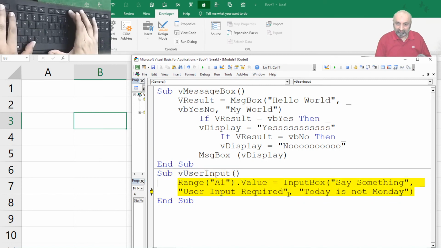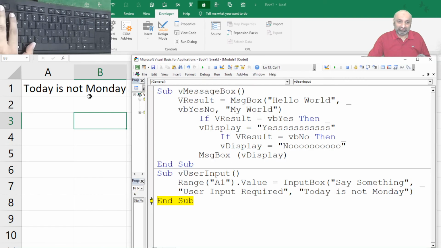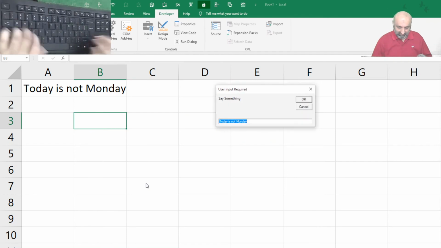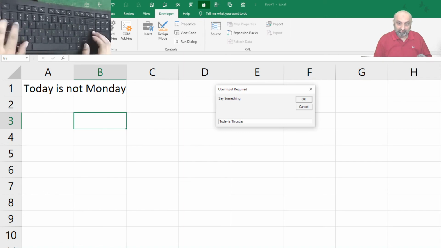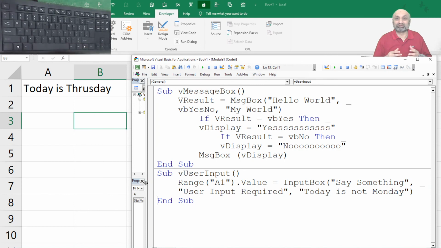So let's run this, and you can see today is not Monday is already entered. If I say okay, so this will be accepted as input box output for the cell A1. But what if I say something, today is Thursday, and here it goes. So I can type, or I can use the default input.